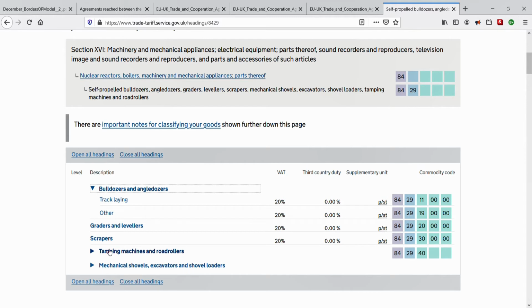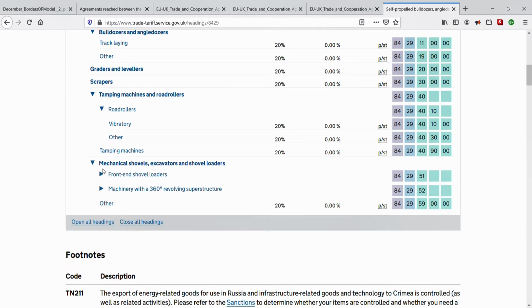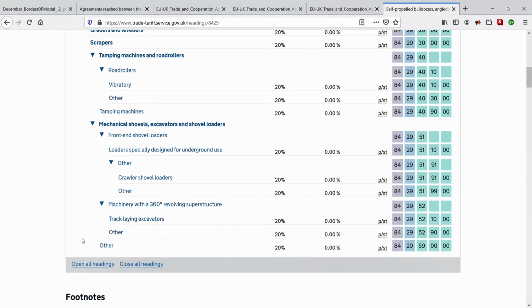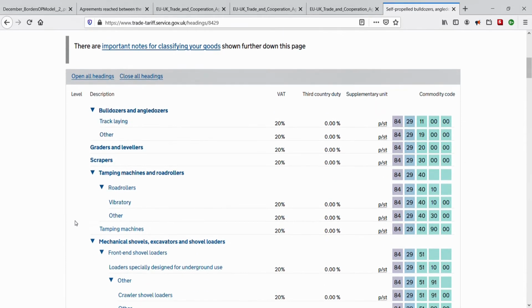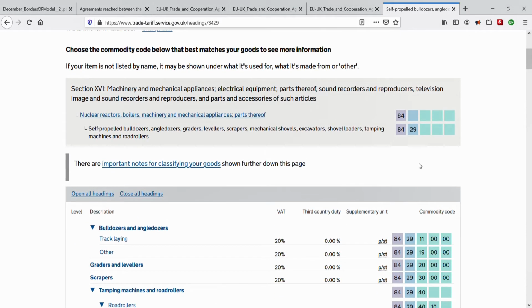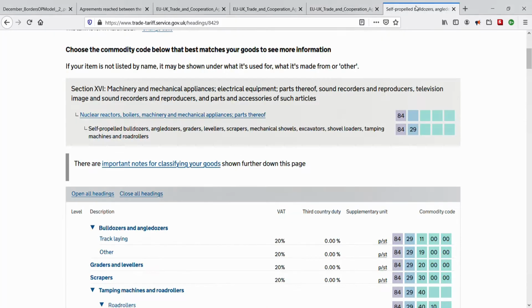And looking at these other items, under the same heading, 8429, and on the same page, in order to claim preferential duties at the border, we can't use any of these items in the manufacture process of our track laying dozers if these are non-originating. Can you remember the second requirement of this rule? Yes. We also cannot use non-UK or non-EU parts for our dozer if these are given under 8431. Let's look at that. Duplicate this tab. And next, enter